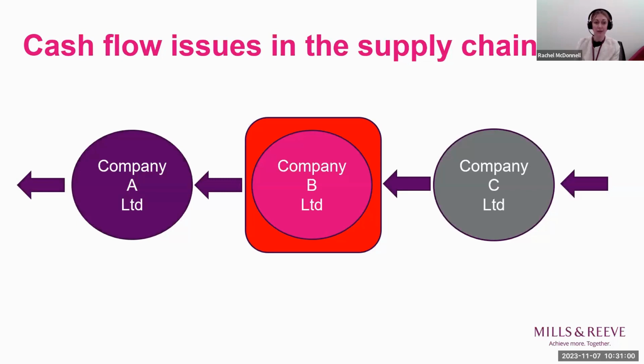One clause that can help if you were company C is whether your company has what's known as a retention of title clause, or an ROT clause, and that provision provides that title is retained by the seller, in this case C, until such time as B has paid for the goods. So ownership of the goods rests with C until payment is received. A retention of title clause can be supplemented by additional provisions as well regarding how the goods are to be treated. But you can see an example of that sort of clause on the next slide,